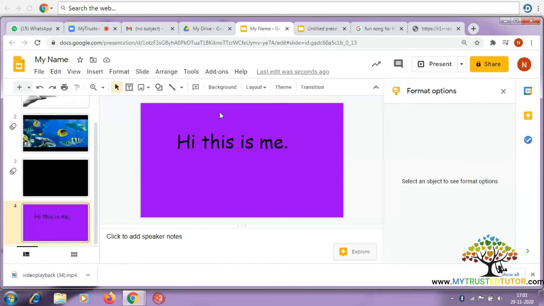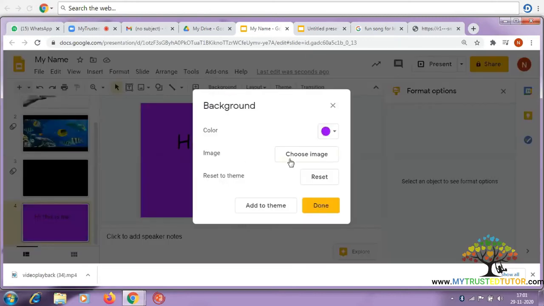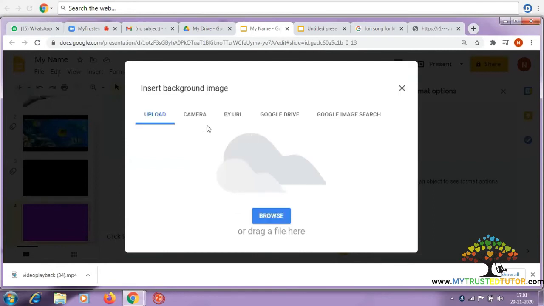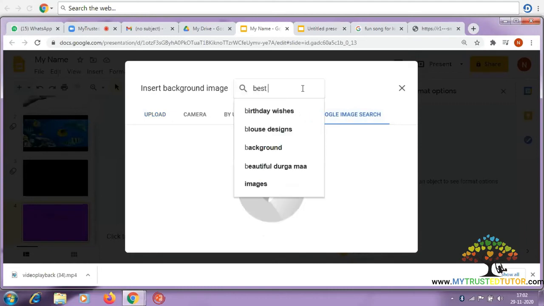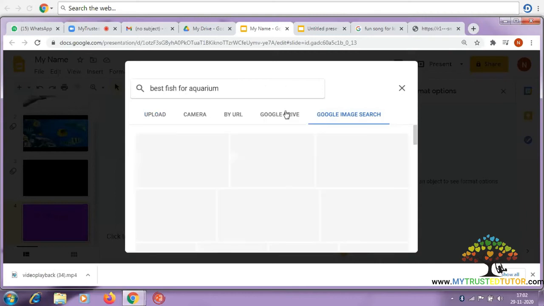If you want to put a picture for your background, how do you go about it? You click the background, choose image. If you want to upload from your browse or from your camera, Google Drive, it's all up to you. I take it from Google image search. That means I go to the net, I click over here, best fish images, best fish aquarium.